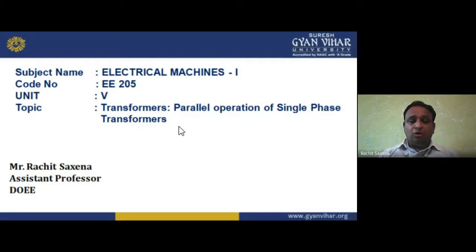Okay, this is all about the fourth unit. Then we have unit number 5, that is the transformer. In the transformer we have studied the types of transformer. Basically, if I am talking about the types of transformer, we have three categories. As per the supply, single phase and three phase, because a transformer always works on AC. So single phase transformer and three phase transformer.